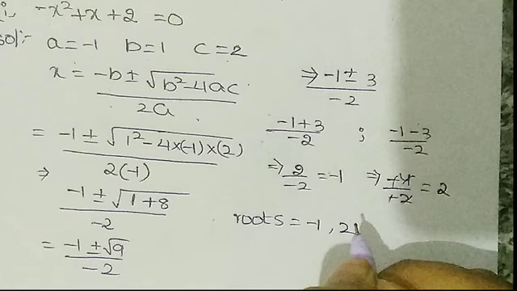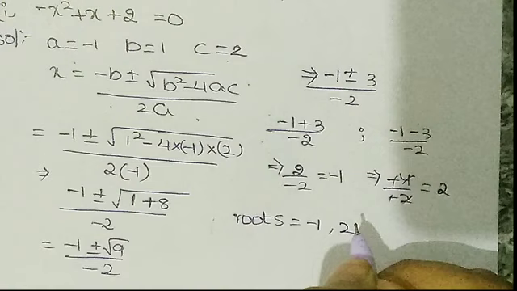The fifth problem is 6 root 5 x square minus 9x minus 3 root 5 is equal to 0. This is also a quadratic equation because the degree is 2. So by comparing this equation, a is equal to 6 root 5, b is equal to minus 9, c is equal to minus 3 root 5. I have substituted these values in this formula to find the roots. So I have got 9 plus or minus square root of 441 by 12 root 5. So from this, 9 plus or minus 21 by 12 root 5.